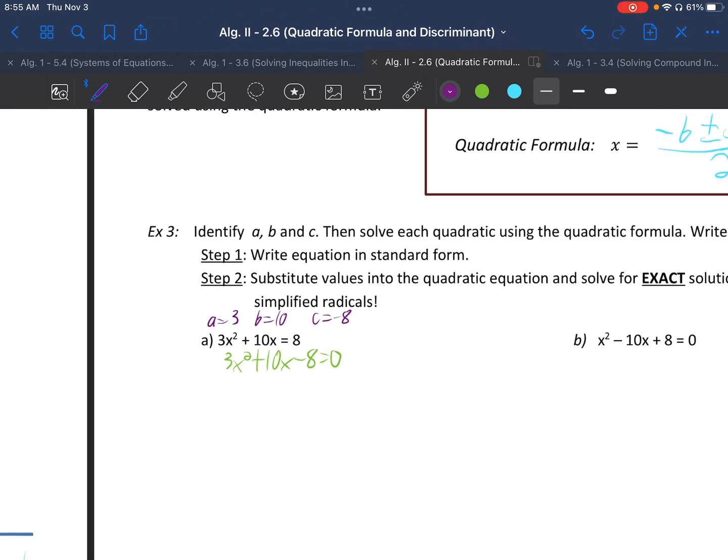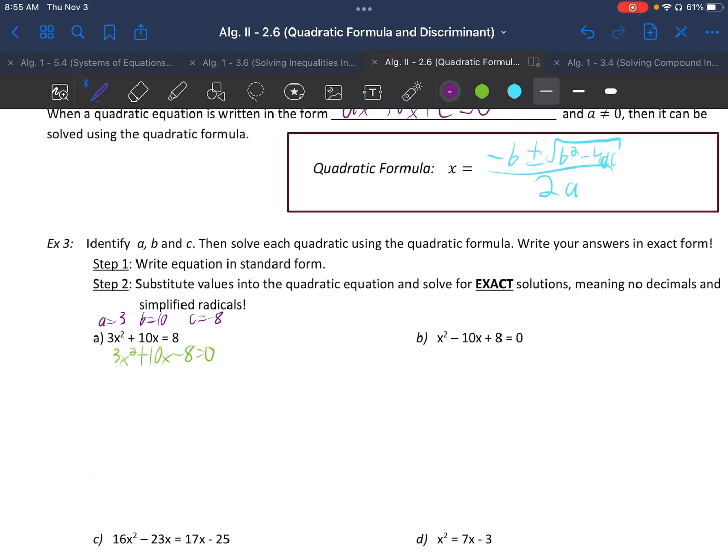Now, if it's helpful for you to continue to write it out on every single problem, do it. I also suggest for your first few problems, or really until you genuinely start memorizing the quadratic formula, because it's something you need to memorize, to write it down on each problem. x equals negative b plus or minus the square root of b squared minus